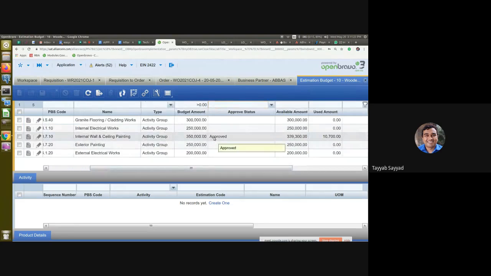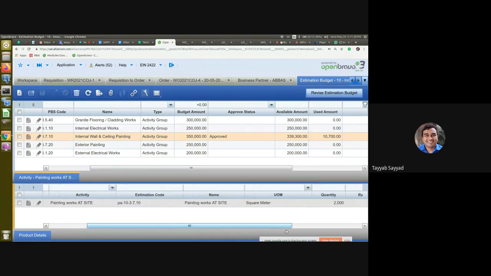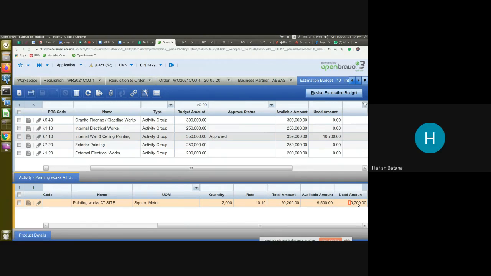We approved one PO for this one, internal wall and ceiling painting. It shows the available amount, the budget amount, and the used amount. Based on the usage, it will give you the trade: how much was the allocated amount, what is the available amount, and what is the used amount under that activity for that PBS. It will keep on recording as soon as you release the orders. If you cancel it, you'll have to get